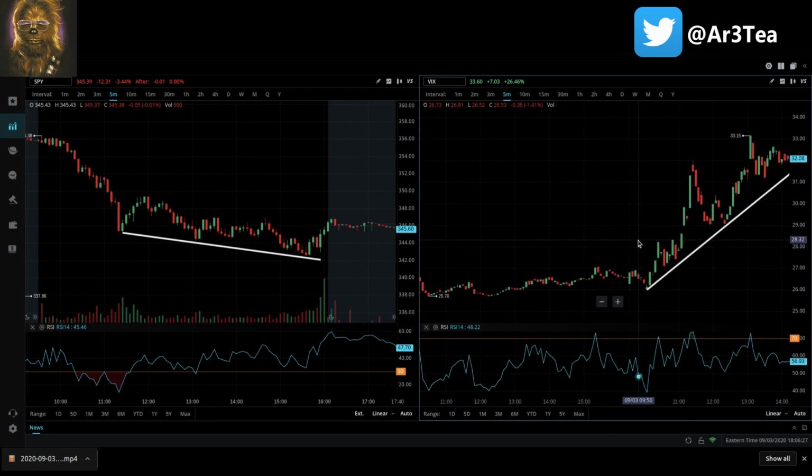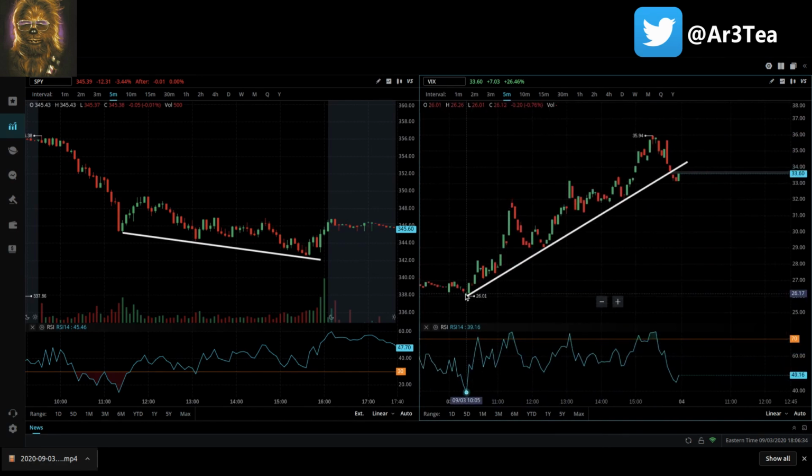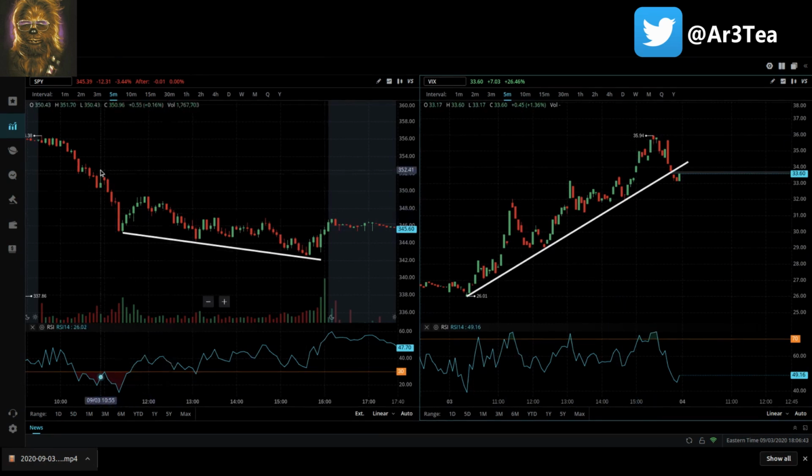Now we're looking at how it roughly consolidates, no real major movements, but then right about 10, a little bit after 10, we start getting some spikes, and it continues all the way up to just about 36. Now, if we look here on SPY, right around 10, a little bit after, that is when the sell-off also happens. We get a little bounce here and it comes through, but this is still a very steady downtrend until slight